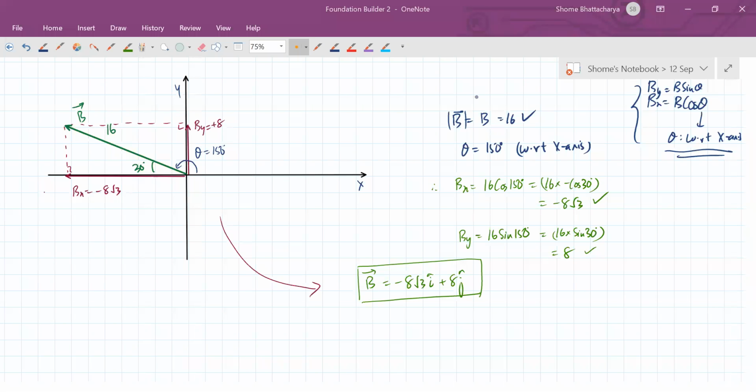If I take the angle with respect to y-axis, then this definition will not be correct. This will not be sin theta and cos theta. In fact, if you work it out, you will see from trigonometry, it will become interchanged. X component will become sin theta and y component will become cos theta. But the whole point is, in the definition, we always take theta with respect to our x-axis. X-axis का वही importance है.